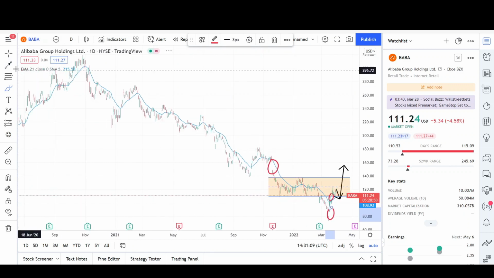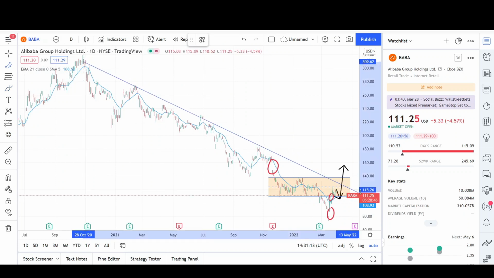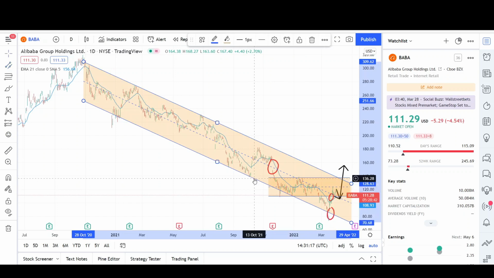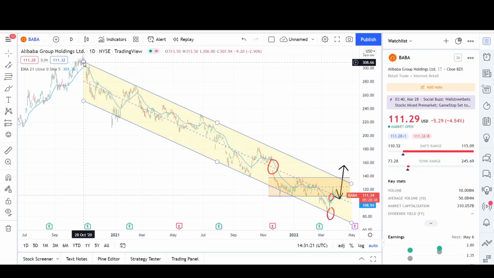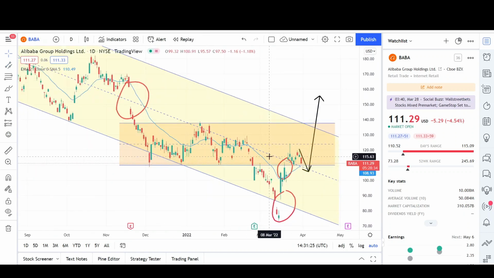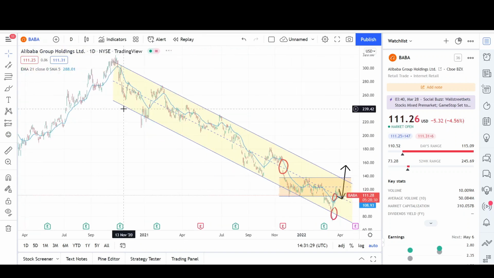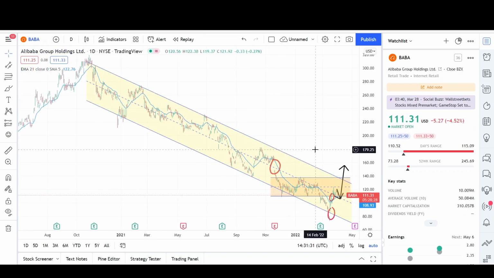So let's take a look at the overall pattern, and this is the downtrend that I've been showing you guys for several months now. It's important to see the major pattern because this has a large influence on the price. So let me connect the swings a little bit better. So that fits pretty good right there. Let me zoom in on the chart. So this is the major downtrend pattern that Alibaba has been inside of since November of 2020, and we've been